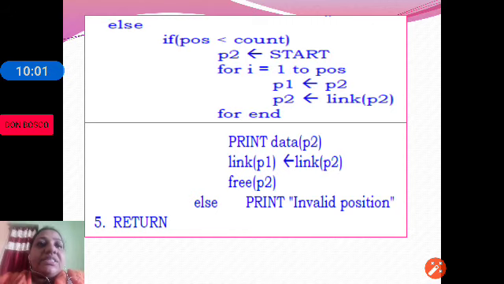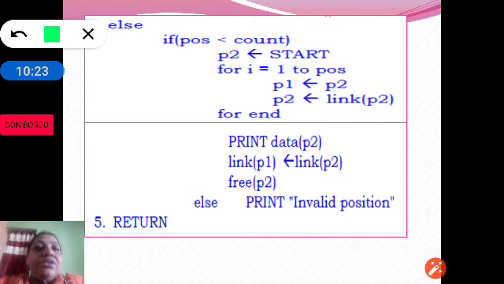If position is less than count, P2 is equal to start. For I is equal to 1 to position, P1 will point to the position and P2 will point to the previous node. As P1 will be deleted, before deleting we need to make sure that the link is properly established. So here you can see, for I is equal to 1 to position, P2 is made to point to the previous node as P1.